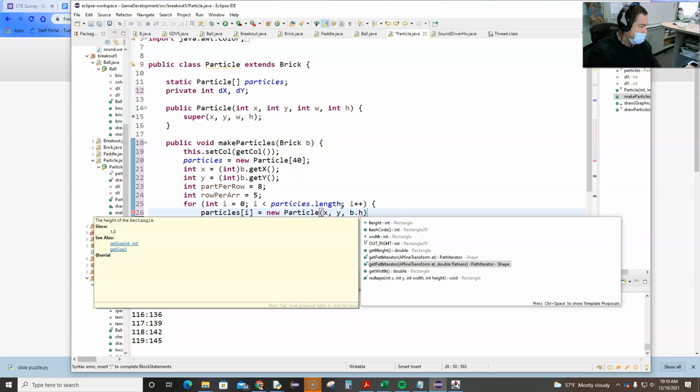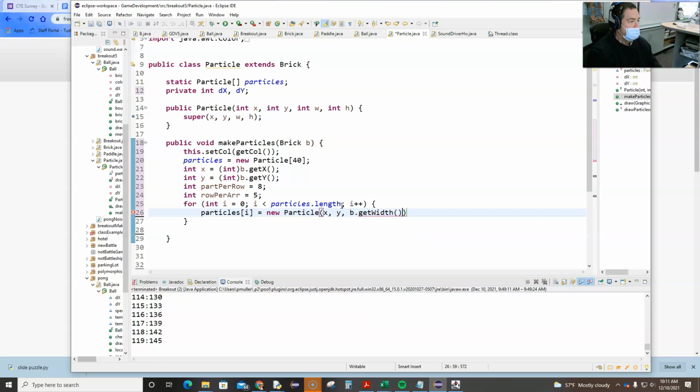Can you just see the width? B dot get width, which unfortunately is a double, and I'm going to divide it by part per row, right? Unfortunately, it's a double, but I can typecast that to be an int. Right? Now,